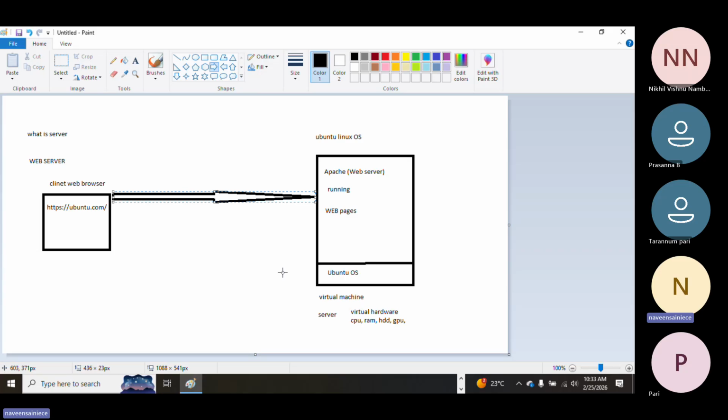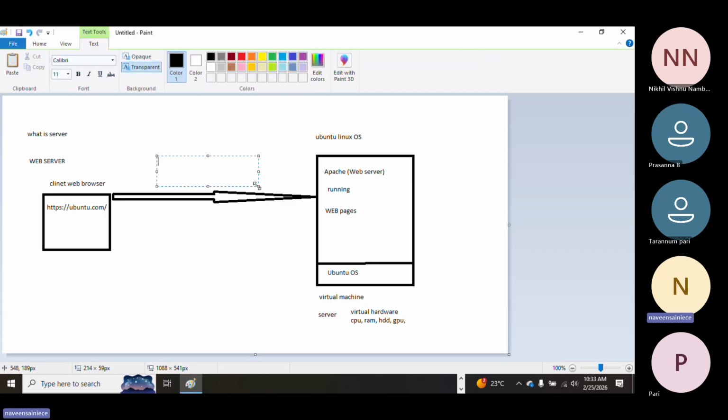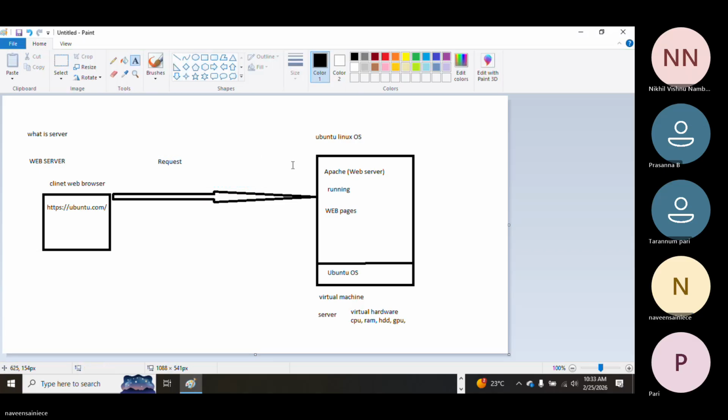So the client will request to the server, it will go towards the server using the IP address, and it will request. So it is called a request. Who will request? The client will request. Who will respond now? The server will respond to the client.